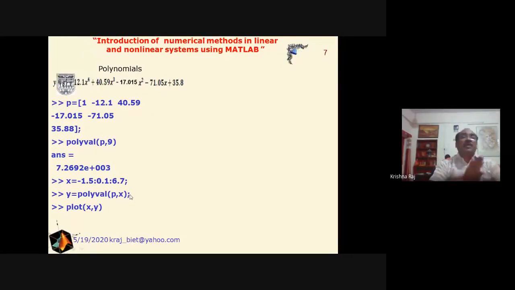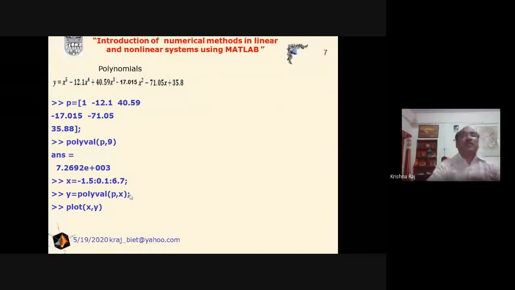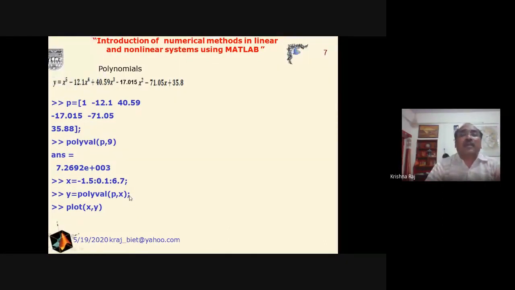Some candidate also asked one question: why do we sometimes use the semicolon and sometimes not? When we are interested in getting the result, then there is no need for the semicolon. If there is no semicolon and we press the enter button, it will return the result. And if we are interested in another type of processing, then we use the semicolon. It will terminate and then proceed to the next one.